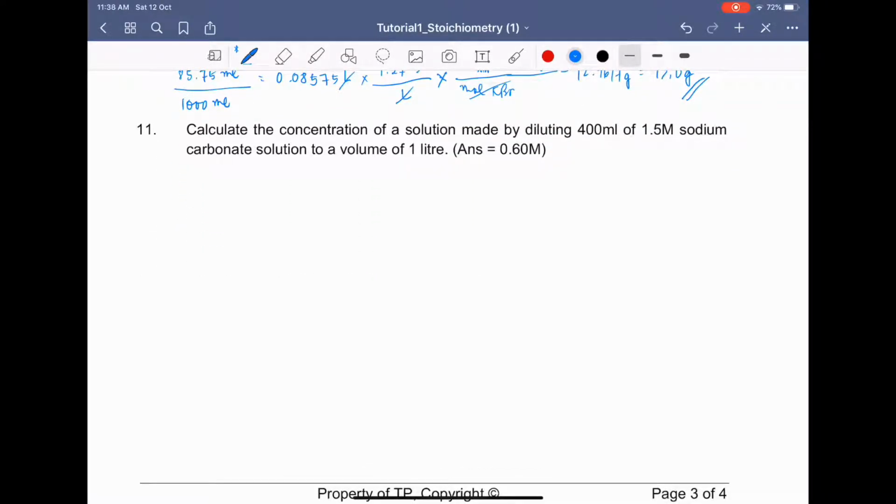Question 11. Calculate the concentration of a solution made by diluting 400 ml of 1.5 molar sodium carbonate solution to a volume of 1 liter. So here we have 1.5 mole per liter times 400 ml divided by 1000 ml. So we are basically converting 400 ml into its equivalent in liter. Then let's divide by 1 liter. So we can get